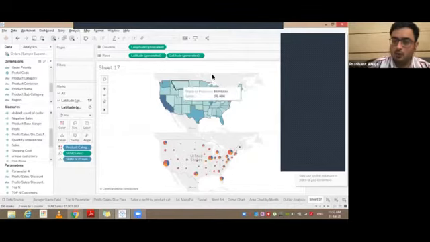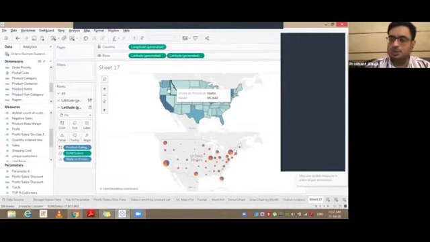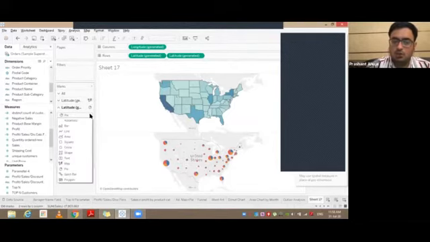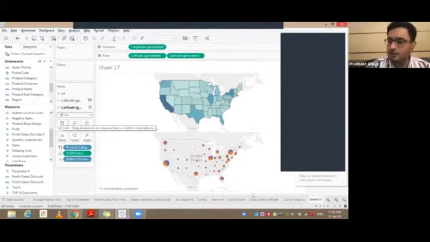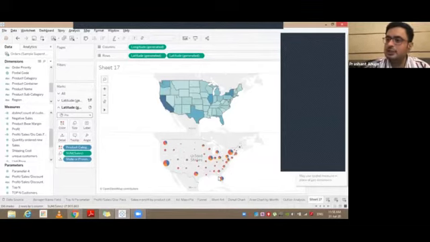So all we did was we created a chart, a simple visual graph which you learned in the last geographical visualization session. We duplicated it by using the control key. When we came here in the second chart, from automatic option, we chose pie, and in the pie chart, we dragged and dropped product category into the colors so that the pie is split into multiple parts which are representing the split of product categories in a region.